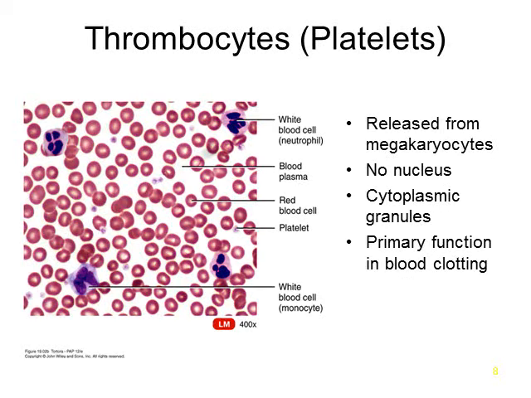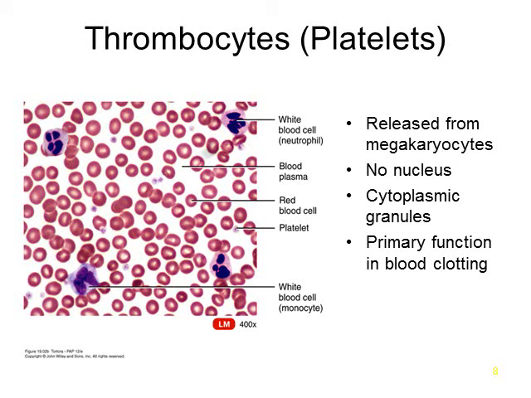In this slide, we can see some various different cell types. The vast majority are the red blood cells. We'll also identify a white blood cell at the top right of the slide. This is a neutrophil. And at the bottom left of the slide, you can see a white blood cell, which is a monocyte. There are platelets dotted around on this slide, and you can just about see them as very